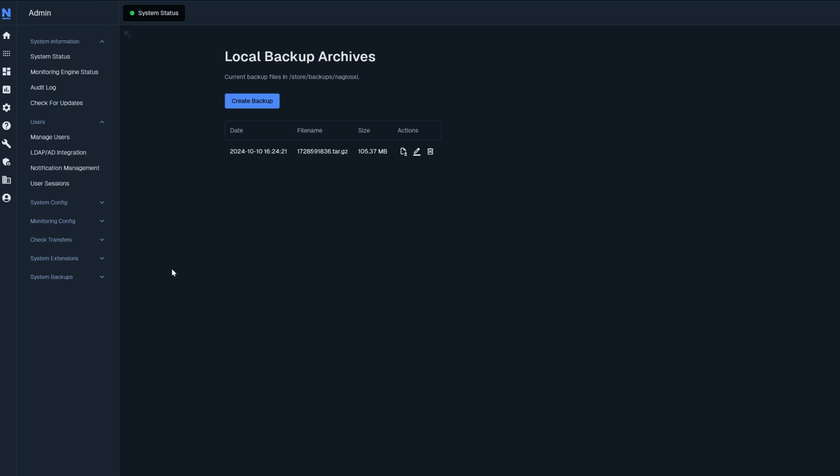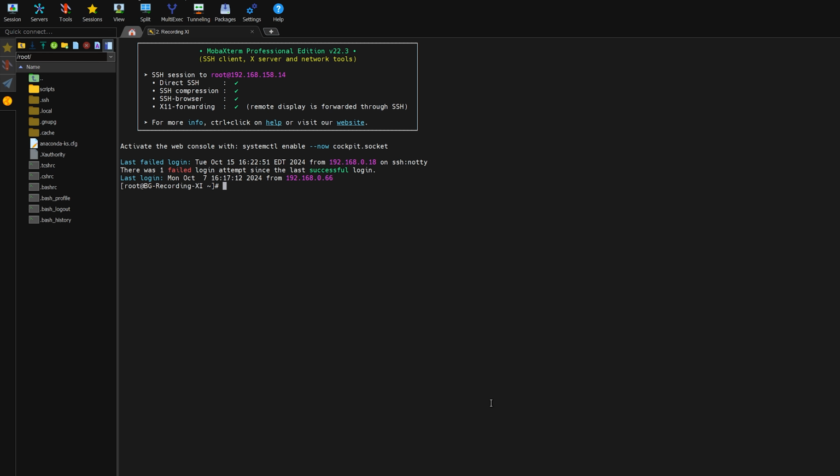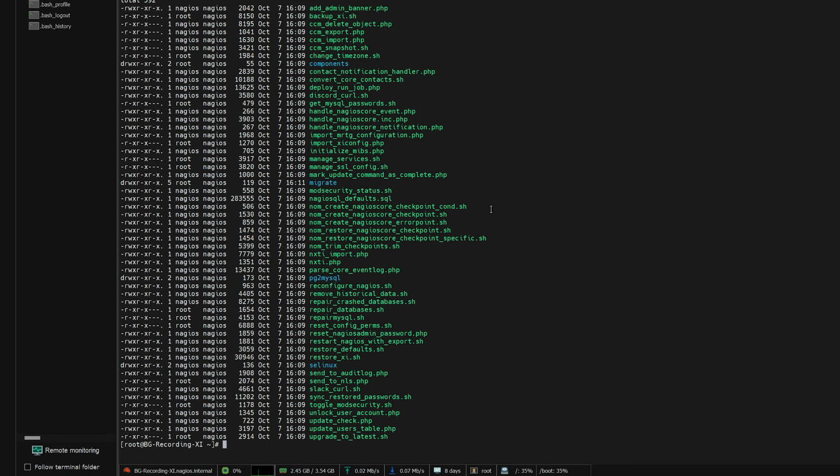So to restore from that backup, we're going to need to actually access this machine from the command line. I've accessed it right here. This is the current XI machine that we just looked at. And in order to do this, it's a very simple process. All we have to do is execute a restore XI script, and it can be found in this directory here. So it's going to be underneath user local and Nagios XI, underneath the scripts directory. And among all these scripts here, we're going to see right here,